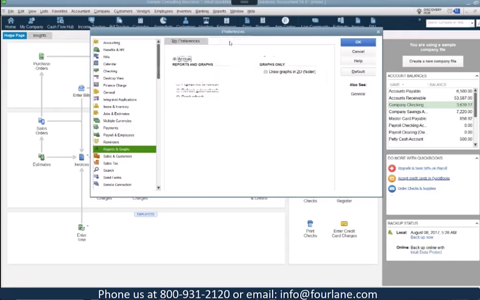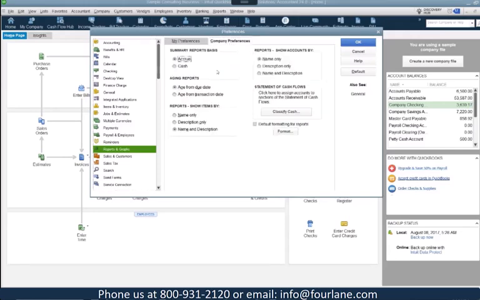If we look at our company settings, we have our summary reports basis, whether it's cash or accrual, and these can be changed also at the report level. This is at the company level, so it's the default that everyone's going to see when they go to run a report. But on individual reports, you can change it to whatever basis you want to view them on, which may be different than the basis you file taxes on, right? So you might file taxes on an accrual basis, but when you're running commission reports and getting ready to pay out your sales reps, you want to pay them based on what invoices have been paid,